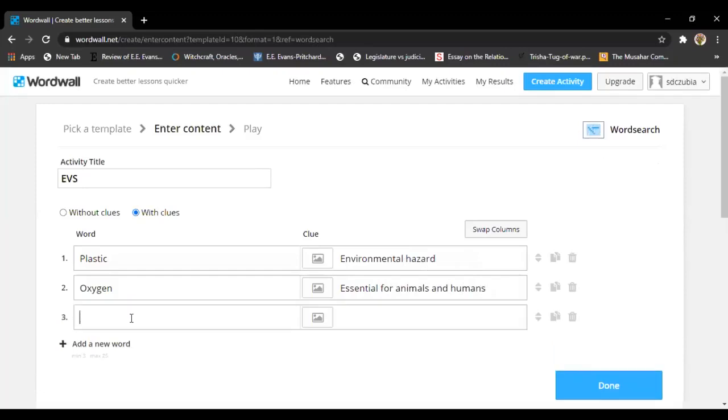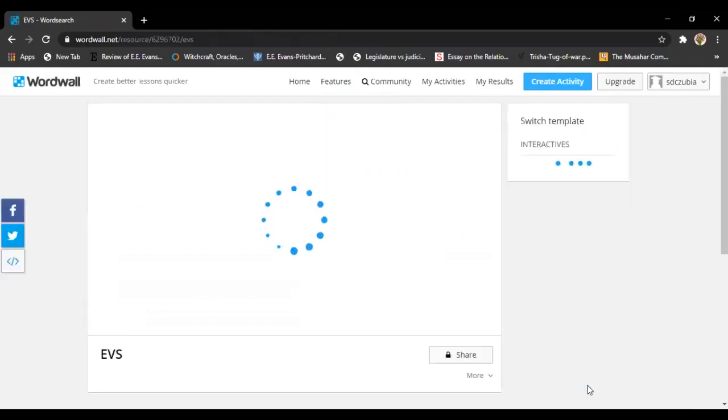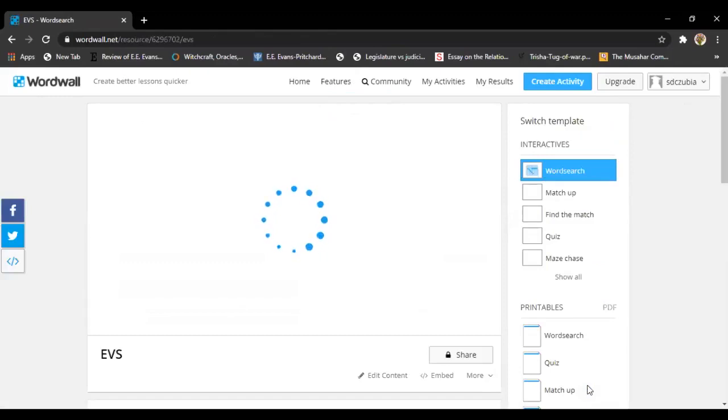And one more I want to add carbon dioxide. Essential for plant. Okay. I click on done and my word search is ready.